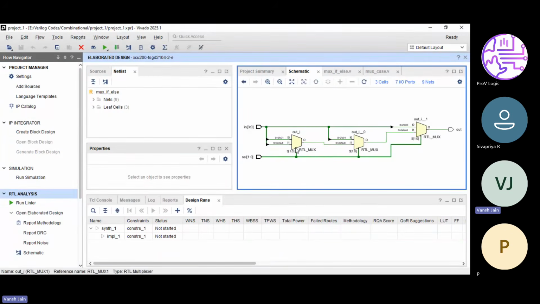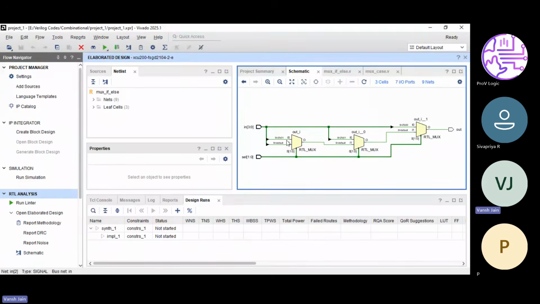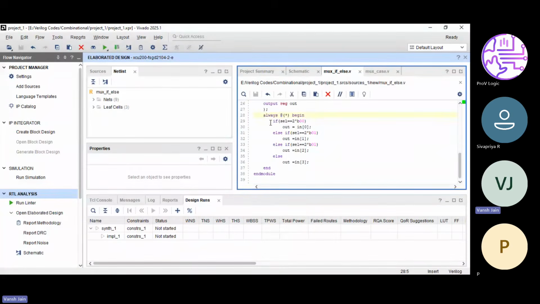So here it will be like 2 cross 1 mux 3, because when we are using if else, we are giving priority. First, it will run the first if statement. If it is false, then it will go to the second. So we are giving priority to the first. Similarly, first it will check one 2 cross 1 mux, then its output will be checked with the other mux. So by using if else, we are giving kind of priorities. That's why if else is suitable for a priority encoder, not for this.